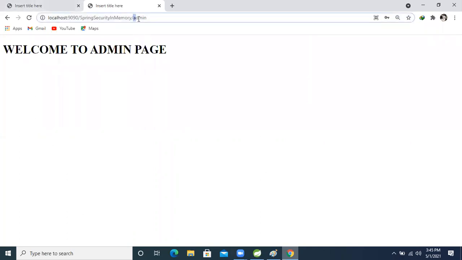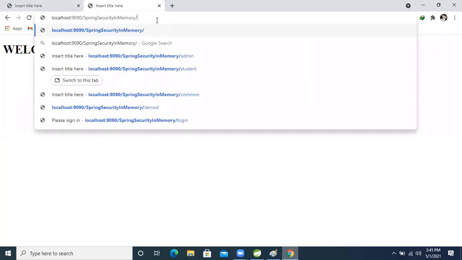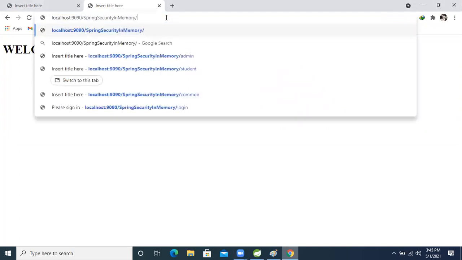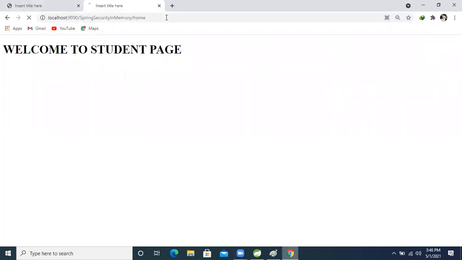Now Padma wants to access the student page also. She can access it. See, welcome to the student page, right? After that, the home page she can also access, right? Welcome to the home page.